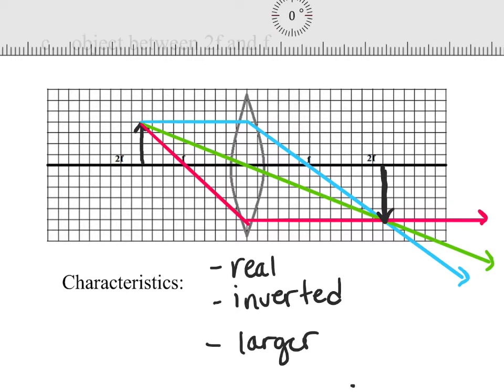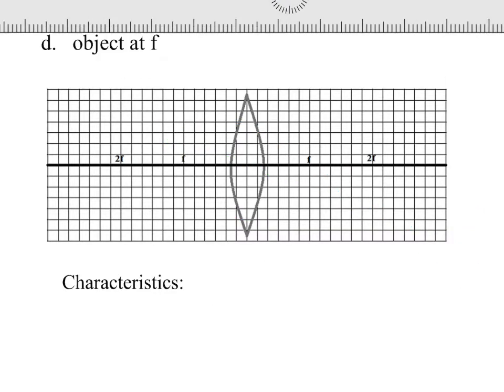Okay, so this is actually how we can zoom in on things, right? This is how, for example, a microscope works. And that's always why when you move it one way, it goes the other. It's because it's actually an inverted image. So there you go. Okay, now if I put the object at F,